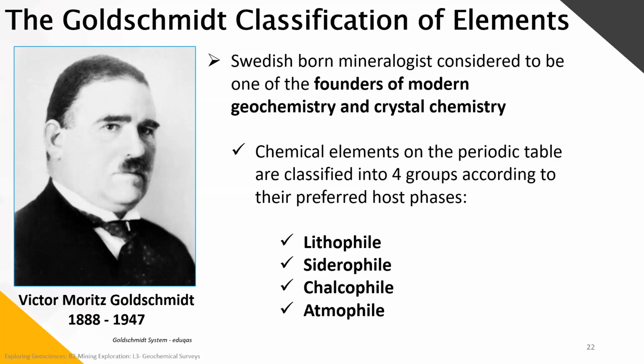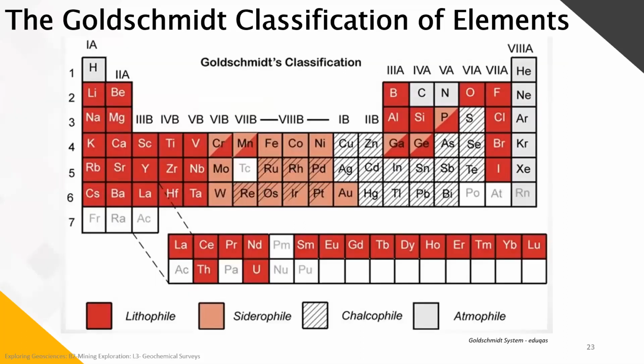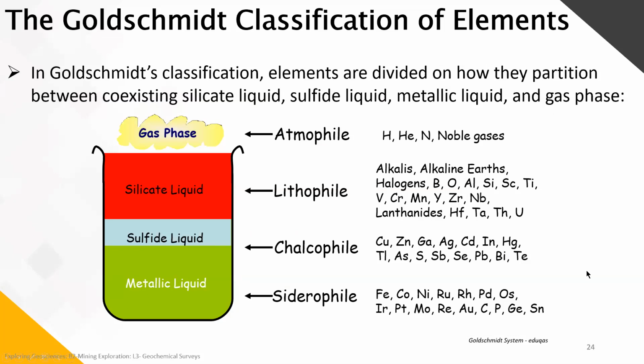So if we look into them, this is the classic periodic table with Goldschmidt's classification. In dark red, we have the lithophile elements. In pinkish color, we have the siderophile. We have the chalcophile, and finally in gray, we have the atmophile. So to understand this subdivision, we'll take them one by one. First, we'll see them